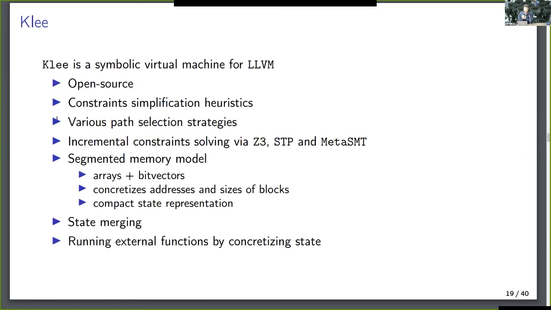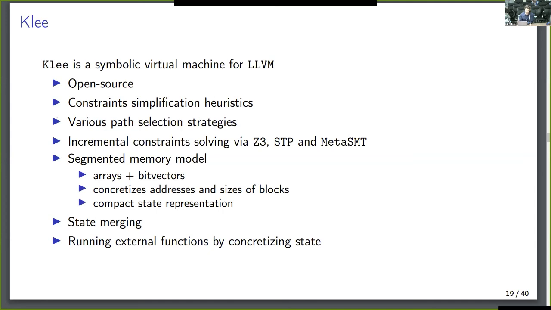Now it's time to demonstrate something that works. In this work, we have used the engine called klee. klee is a symbolic virtual machine for LLVM. It is open source, and it has some constraint simplification heuristics implemented in it. It has various path selection strategies like random weighted search or depth first search. It uses incremental constraint solving and supports a bunch of SMT solvers, including Z3, STP,